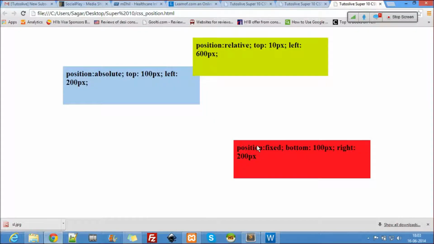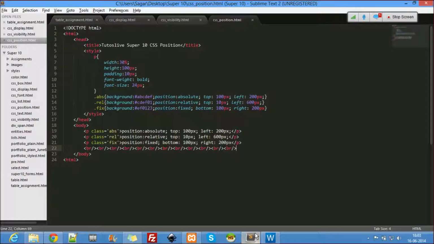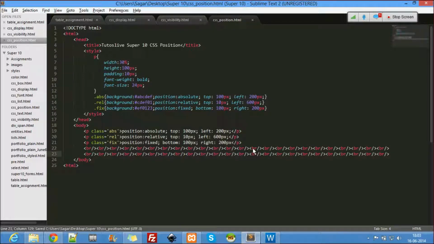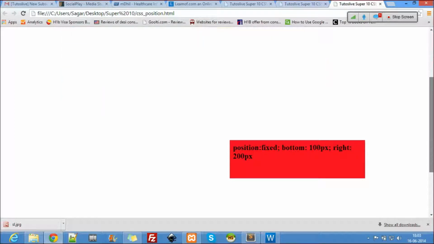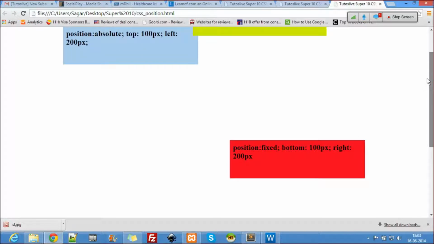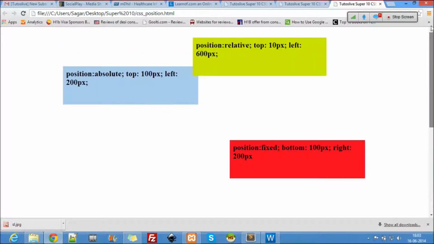So I'm going to refresh this. Now this website is scrollable. See, it's fixed at that location. It's fixed at the bottom 100 pixels and the rest of them will be moving.